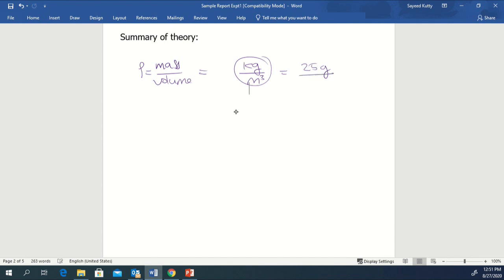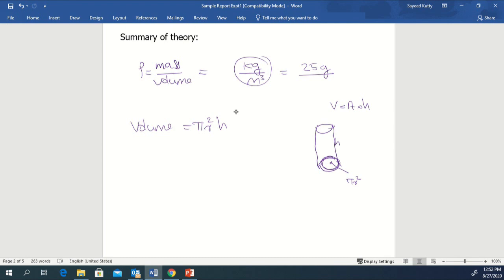You can write it in 25 gram, and maybe while you are measuring the volume, we ask to measure, you need in order to get the volume, because we know the volume equation, everybody knows that volume is base area. The base area of the cylinder is a circular shape, right? And everybody knows that it is pi r square, and the height, this is the height of the cylinder. So the height is h. So from this base area, volume is area times h, right? Base area times height. So that means the volume equation is pi r square h, right?